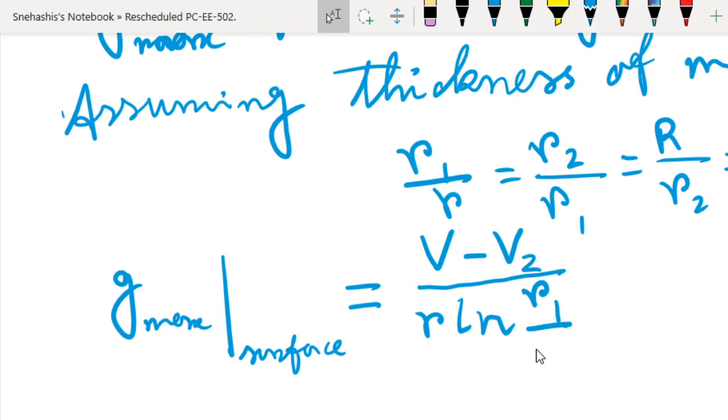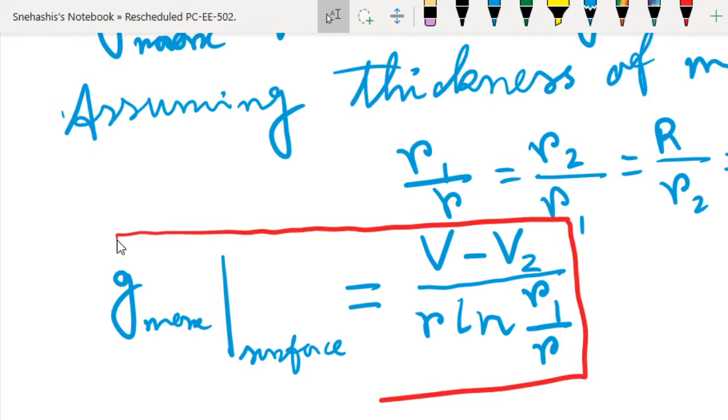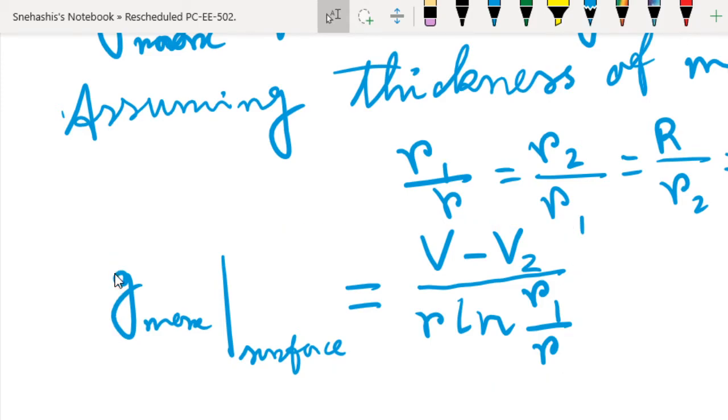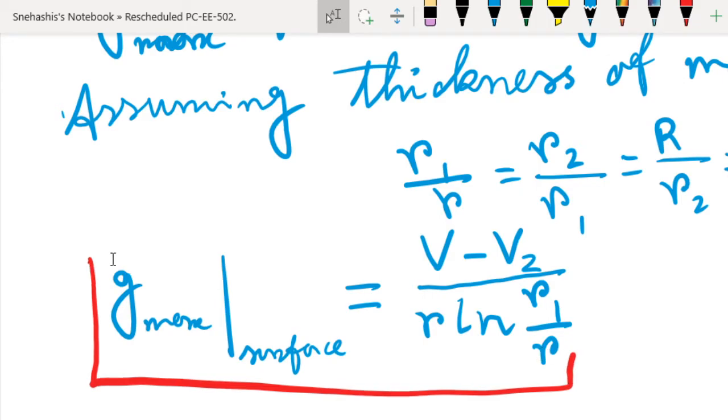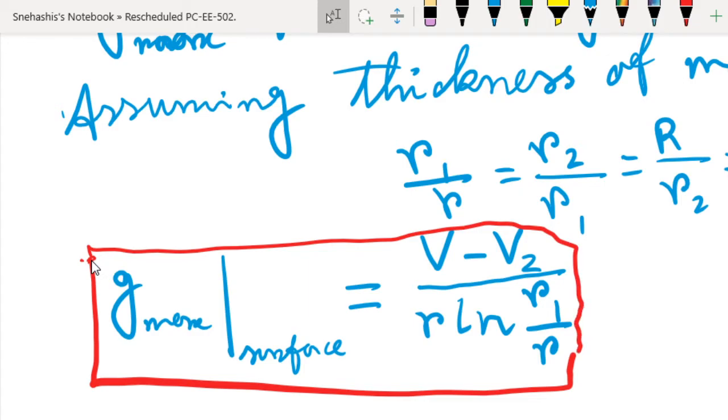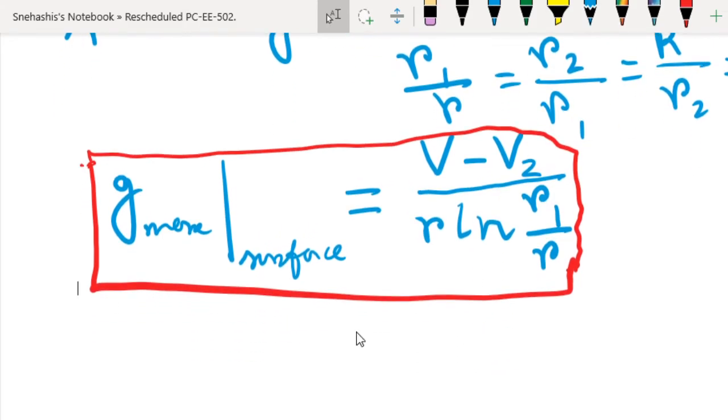R1 by R. If you are unable to understand what I have derived here, you can pause and go back to that particular moment when I was describing this. As it is a video lecture, you have the facility of having pause, forward, backward, everything. So do that. Now for the layer 1,